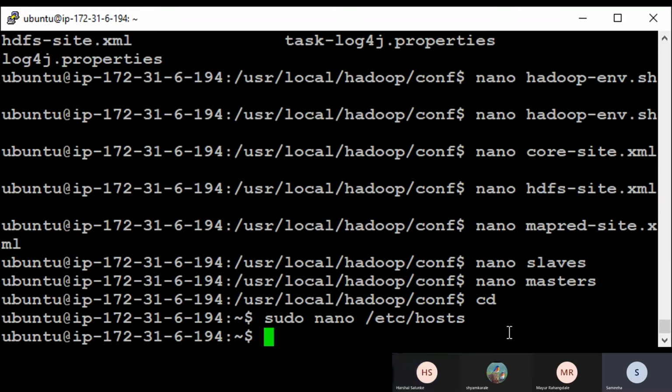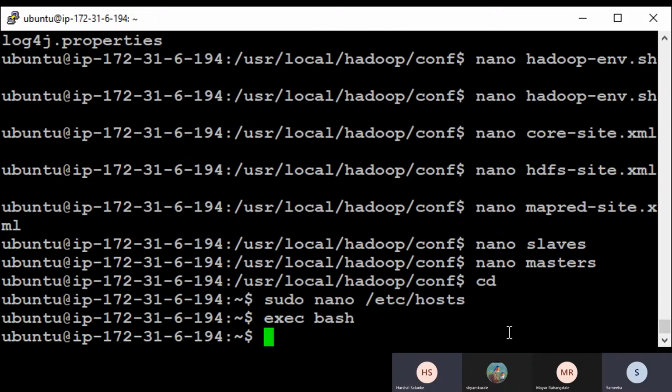Now I think execute bash. Format Hadoop.